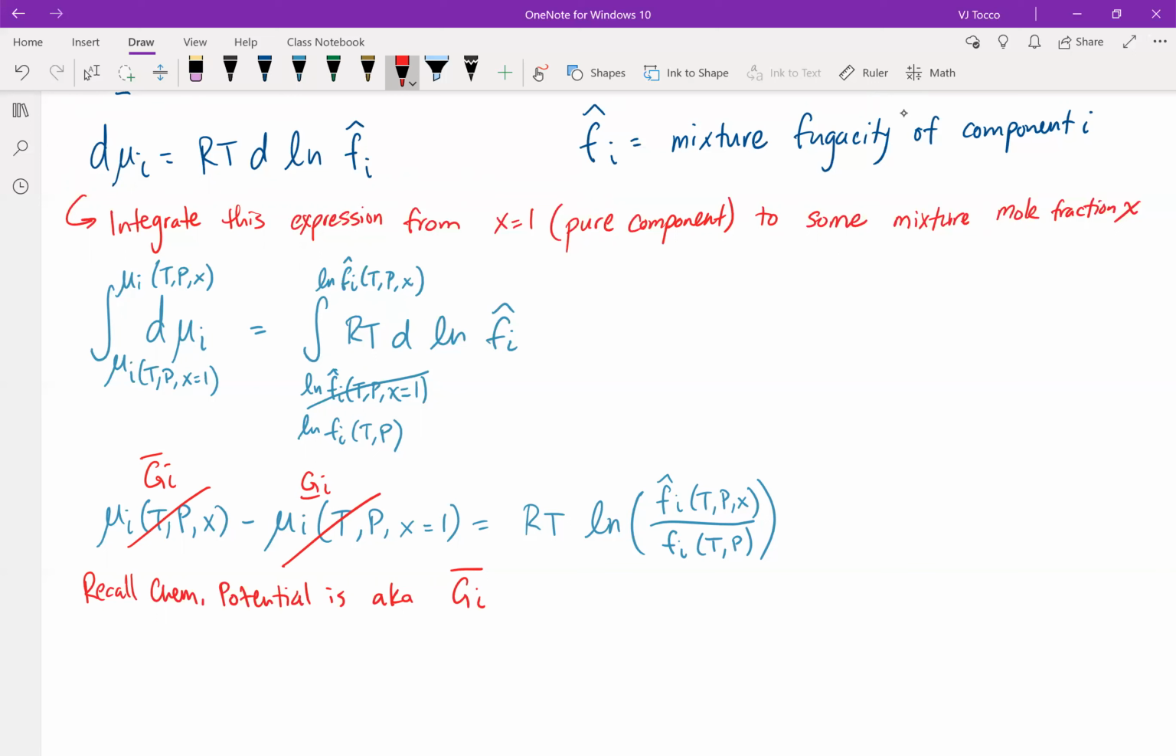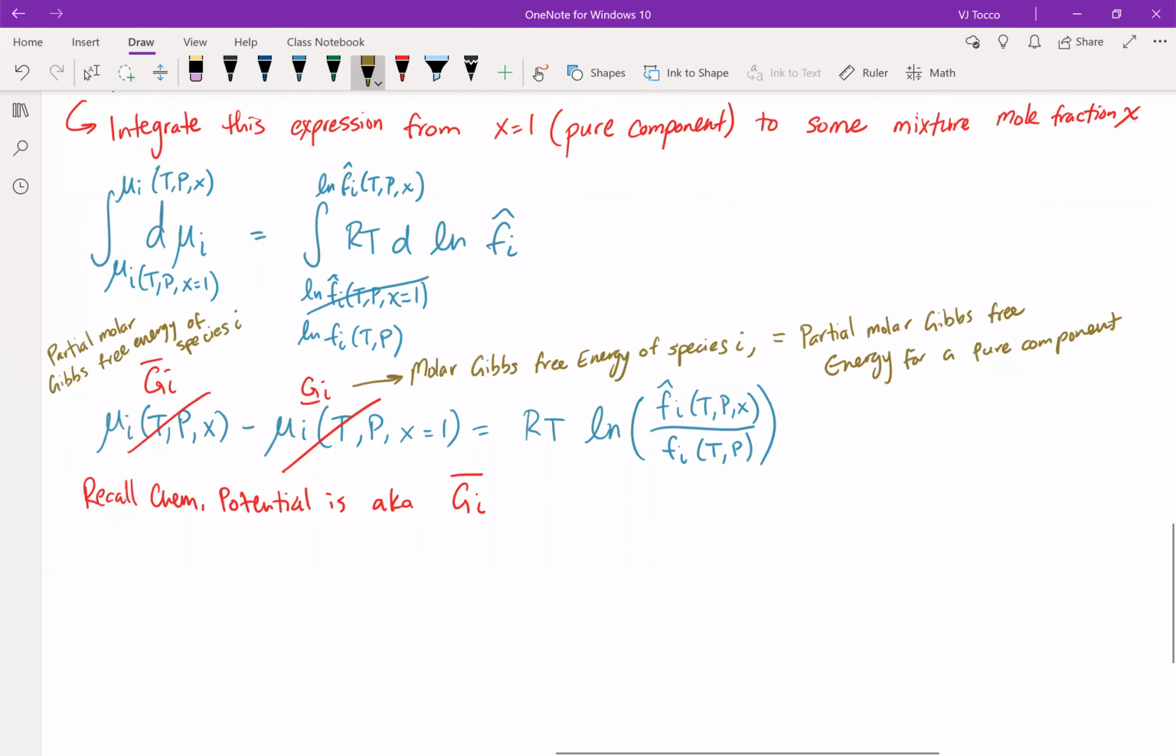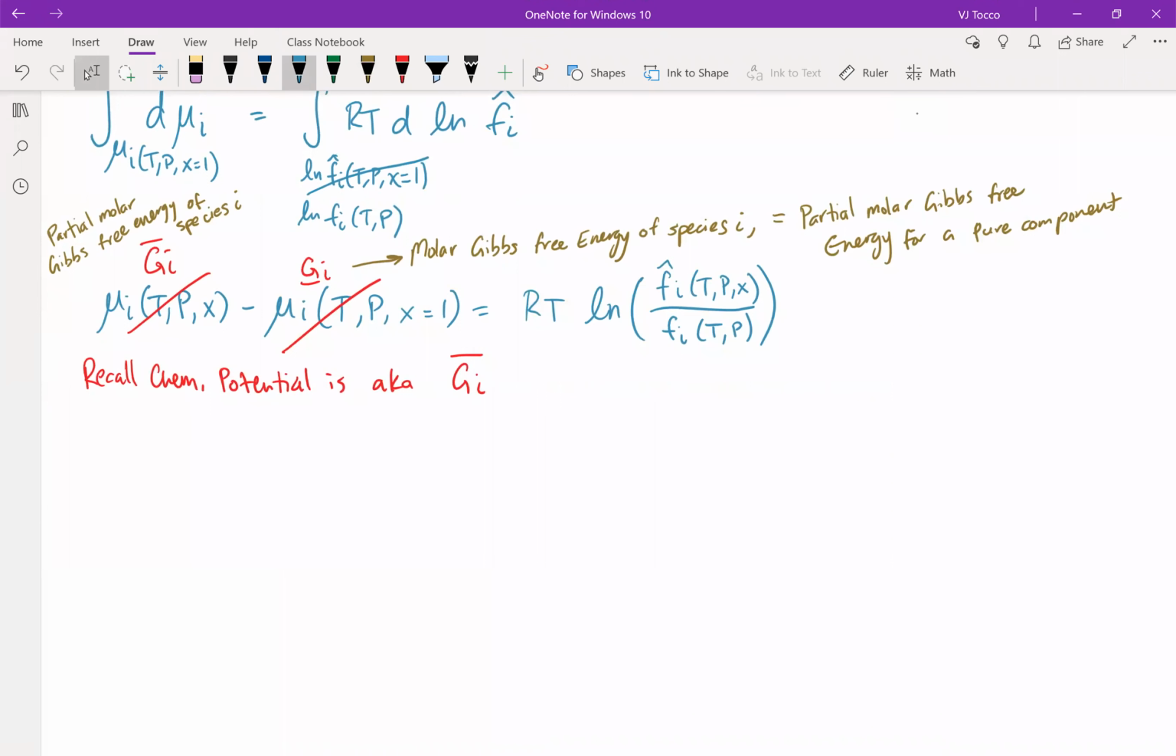So I'm just going to write some parenthetical notes here for your own information of what I just said. Okay, so if I just rewrite this one a little bit neater, I've got partial molar Gibbs free energy is equal to molar Gibbs free energy plus RT ln of the mixture fugacity over the pure component fugacity,